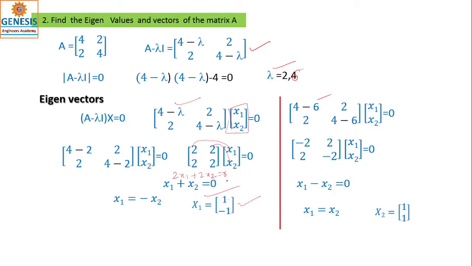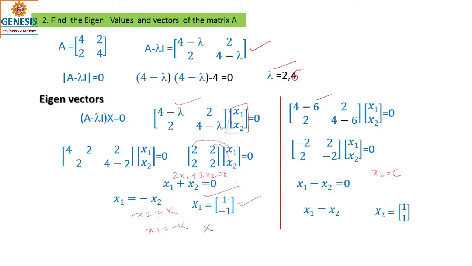If x1 is not given, I have taken it as 1 in this case. If it is not there, you can put x2 is equal to c, even in this case. If x2 is equal to c, then x1 is equal to minus 1. You got my point. Or you can put anything. You understand?